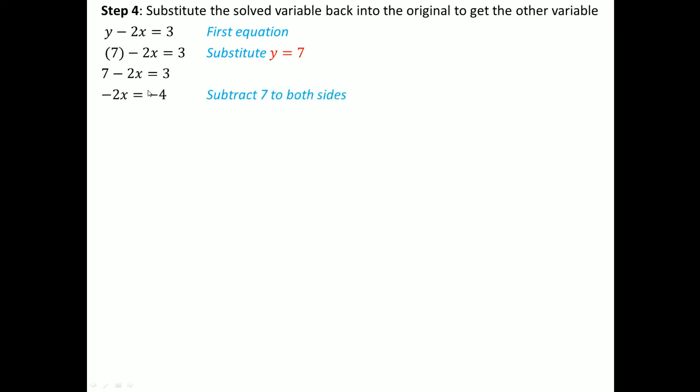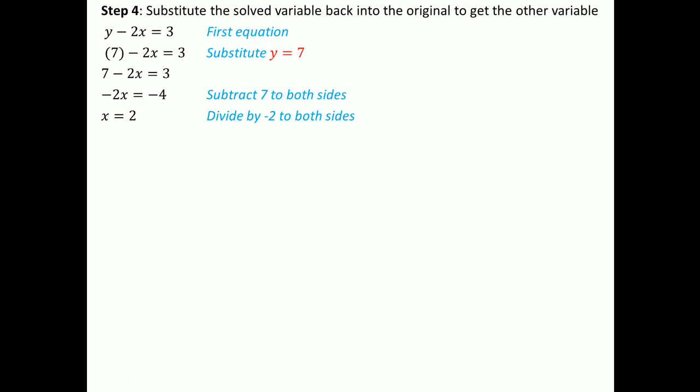What I can do now is I can subtract 7 to both sides. Okay, subtract 7, subtract 7. 3 subtract 7 is negative 4. X is not alone, so now I am going to divide by negative 2 to both sides. Once I divide by negative 2, what I get on my right hand side, negative 4 divided by negative 2